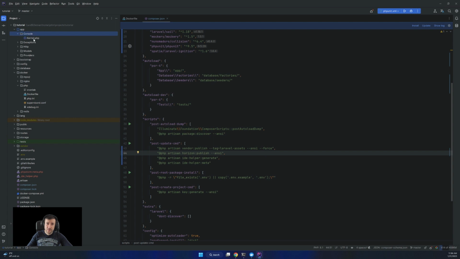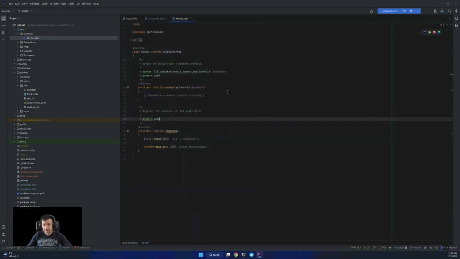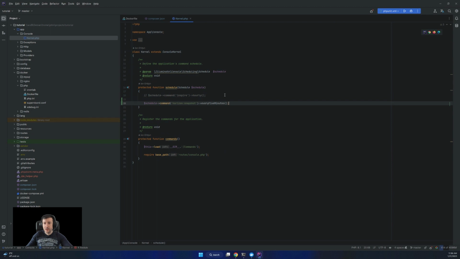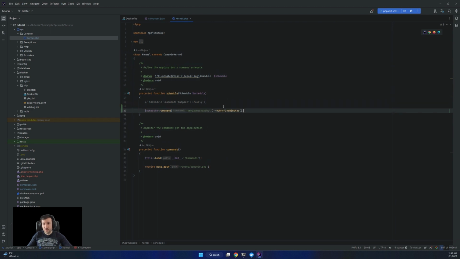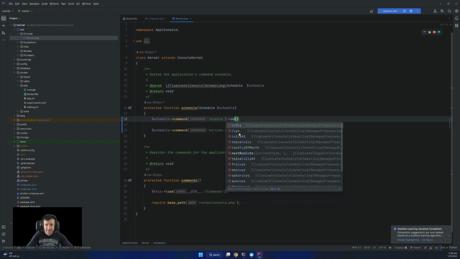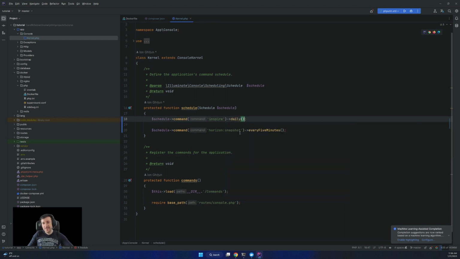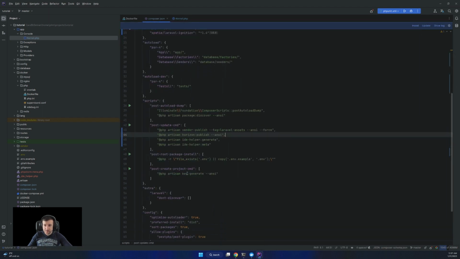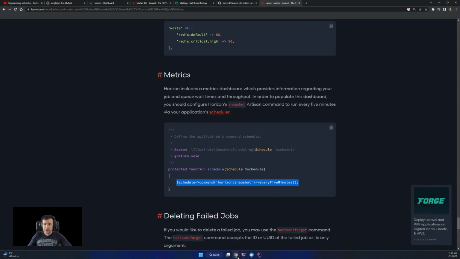So I go back to the console kernel schedule, and I go here and say command Horizon snapshot every 5 minutes, and the inspire command maybe to run daily, not every hour. It's nice to have some inspiration from time to time. So those will be the configuration for this.